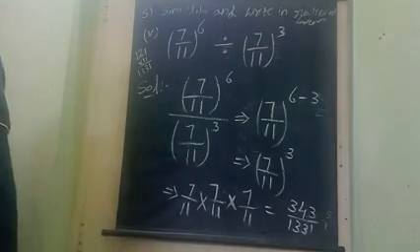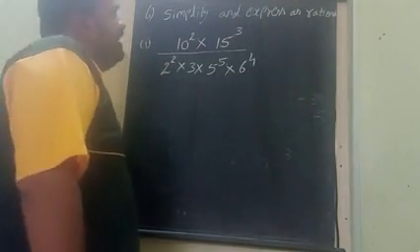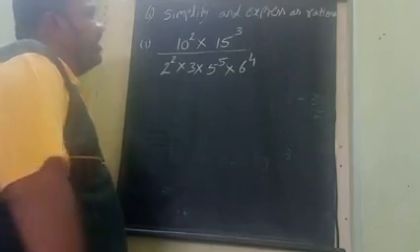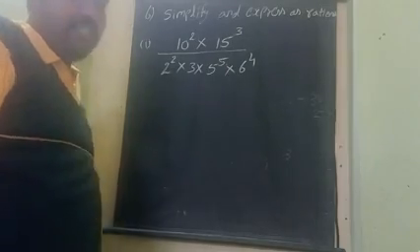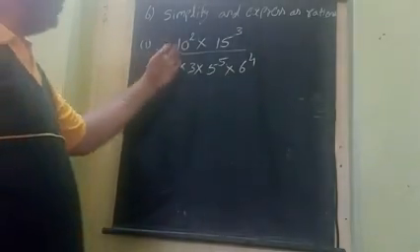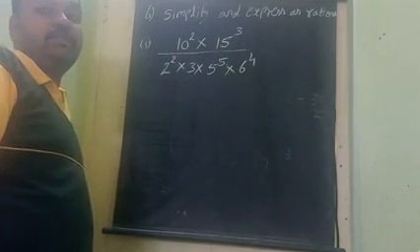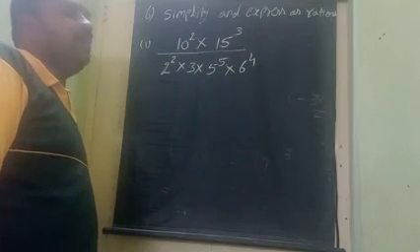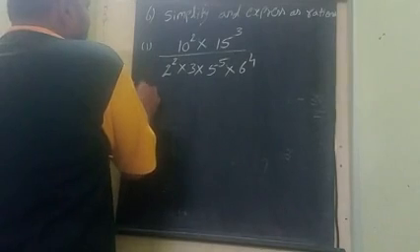So here is our next sum, see that. Here is the next model of the sum, but the heading is the same: simplify and express as rational. Here the bases are not the same, so we have to change that. Bases are the same or not, we have to check. Here no bases are the same. What we have to do is the expanded form. If bases are the same, we can go with that formula. If bases are not the same, we have to do it with the expansion form. So I am taking the expansion form. Solution.